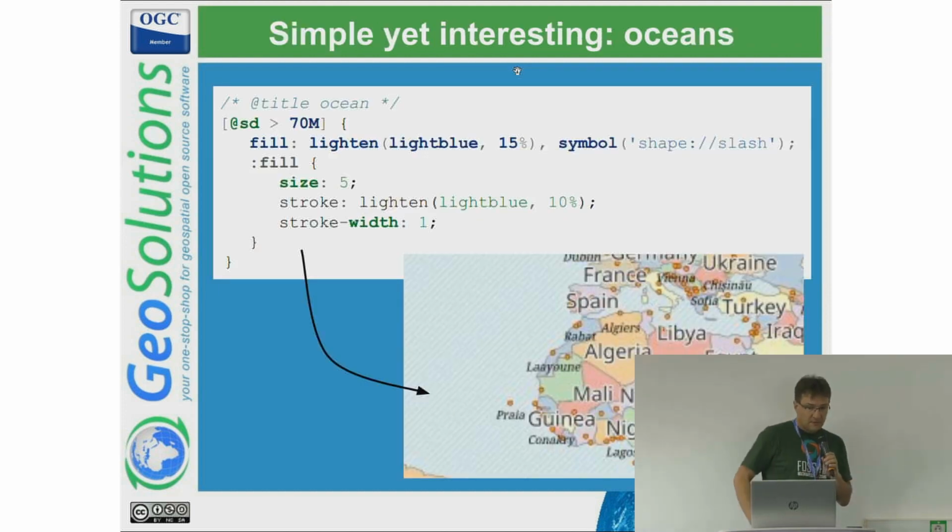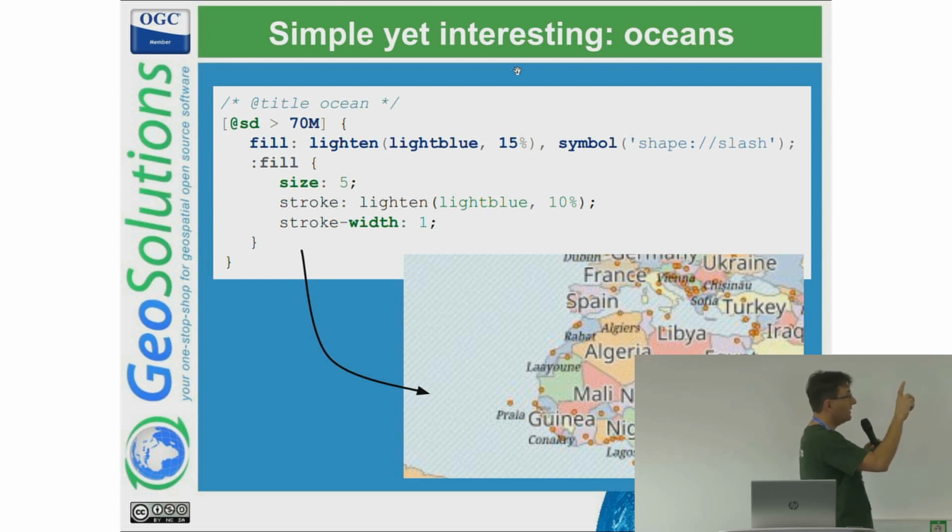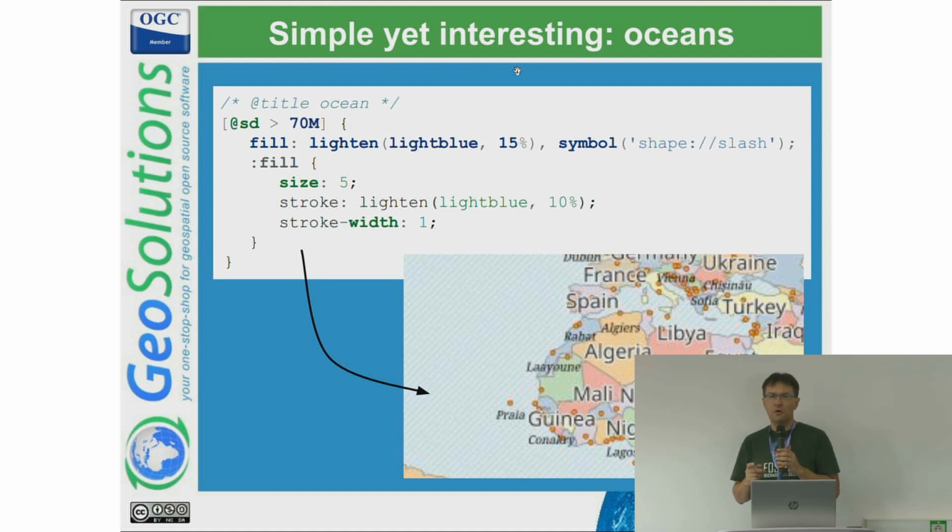Okay, first example of a style, simple yet interesting, oceans. You can see that there is a scale dependency at the top. When the scale denominator is greater than 70 million, then fill. How? Superimposing two symbols. In CSS, when you want to superimpose two symbols, you specify the first symbol, and then a comma, and then the second symbol. So in this case, the first fill is a solid color, light blue,